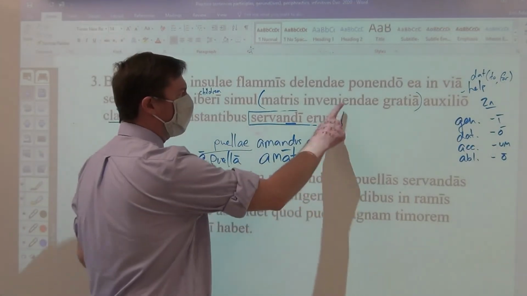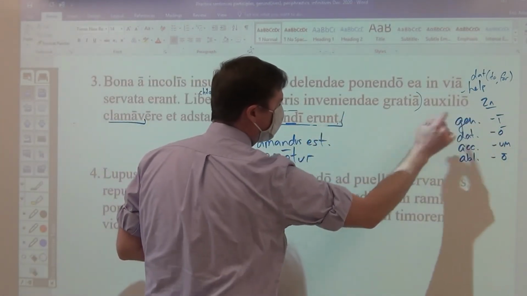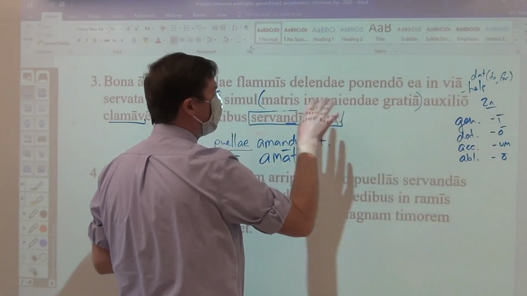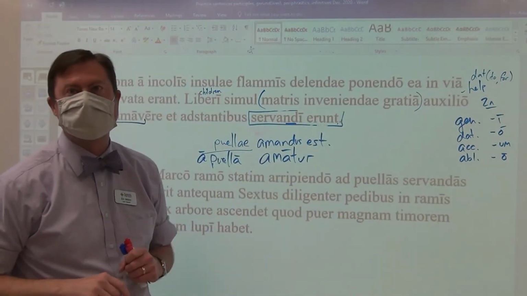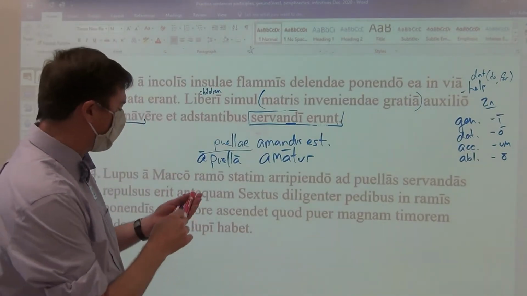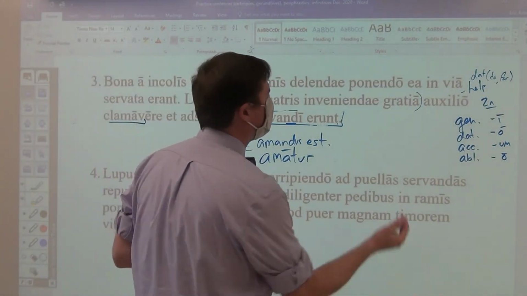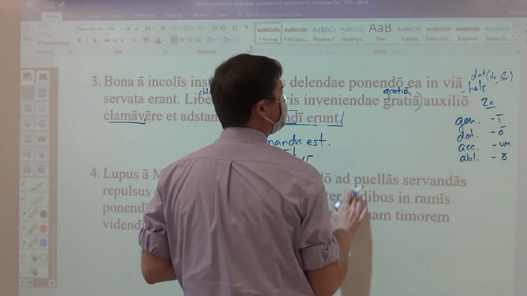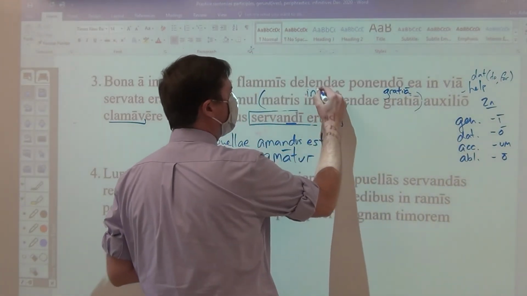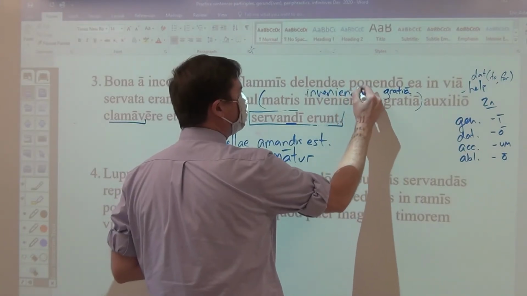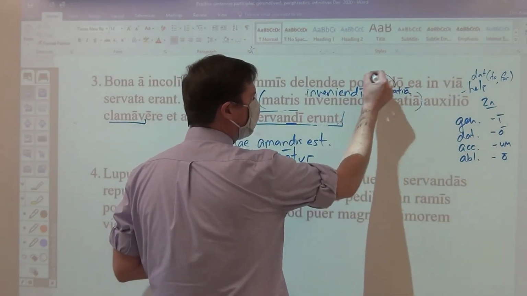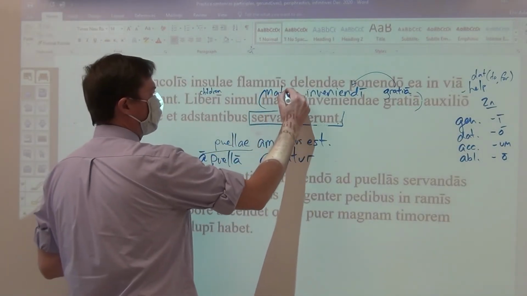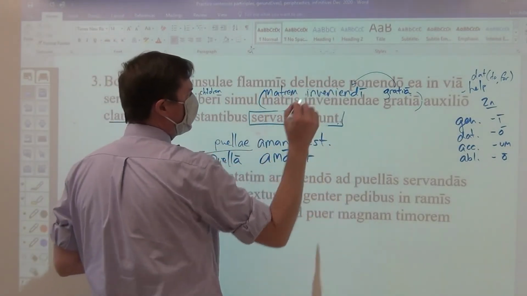So, take that, turn it into a gerund, pick one of the forms, it's going to be the object of gratia in the genitive, and then make that the direct object. Okay, now, let's see if you've done so correctly. Gratia, and then this is going to be in D, because it's now the object of gratia,